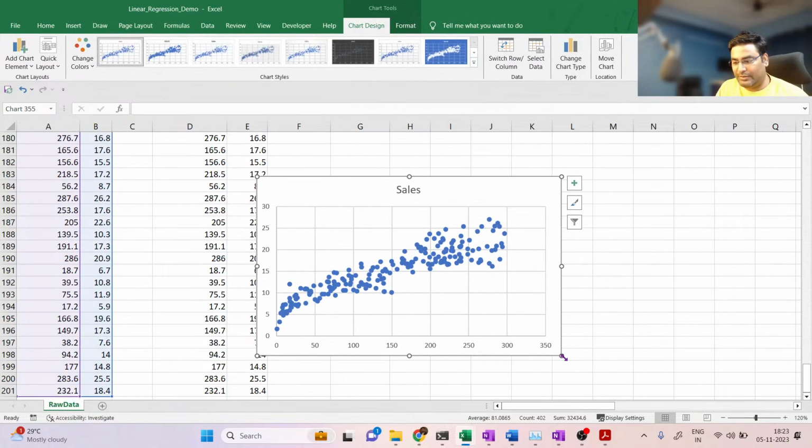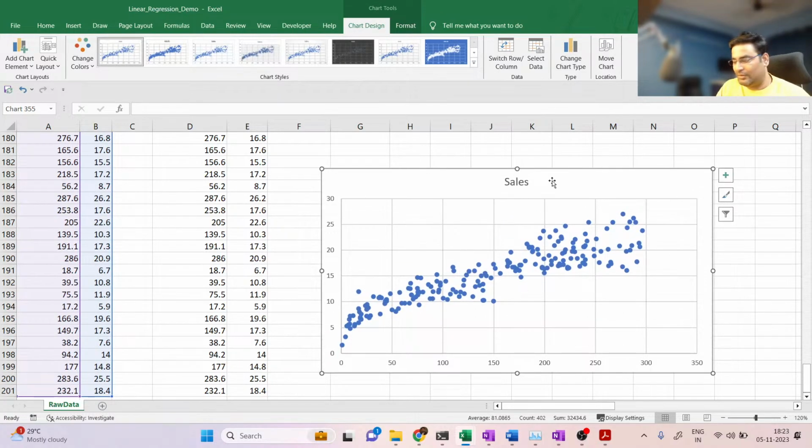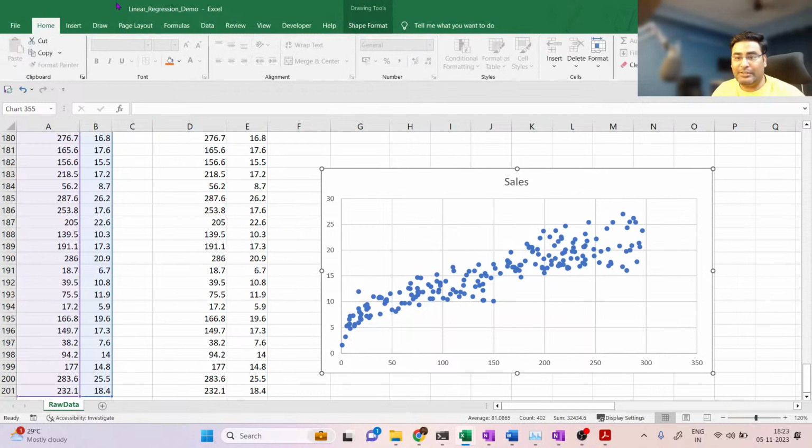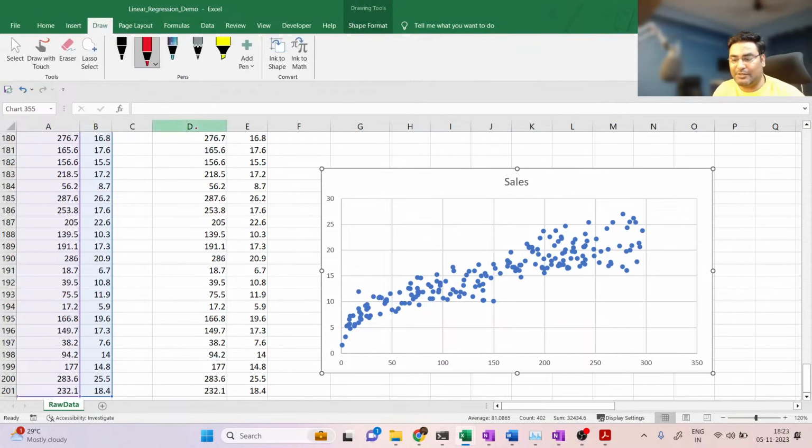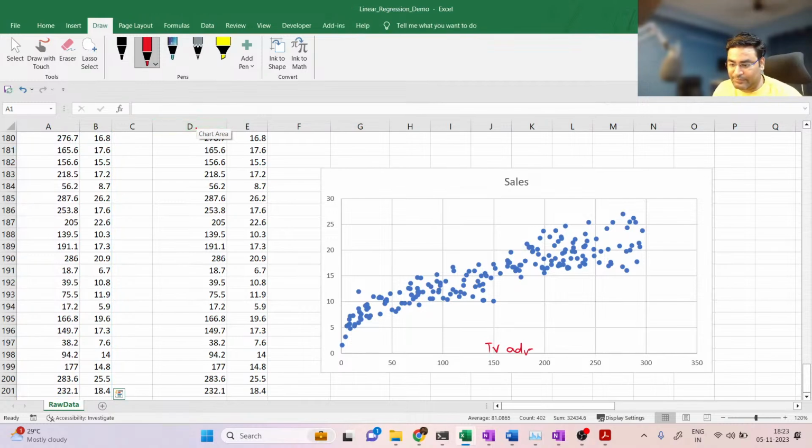Means you can also go and change it, right? Now you can see that, guys, as you increase the TV advertising, can you see the relationship, my dear? See, on the x-axis, your TV advertising. Look at the data range coming from 0 till 350, and your sales is increasing on the y-axis. If you try to draw a line, my dear, please pay attention. You will see that it's an upward trend, guys. Can you see that? It's an upward trend, and